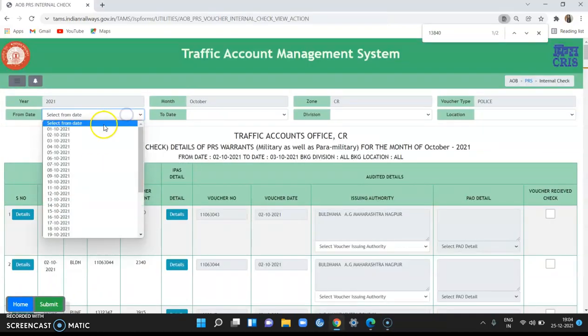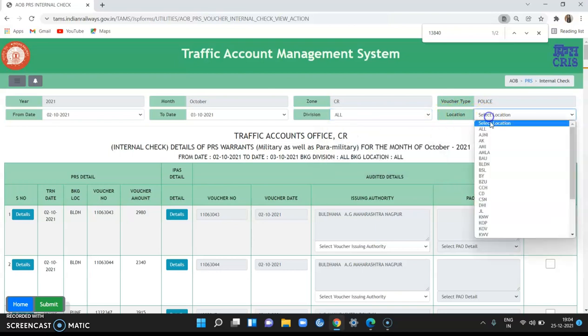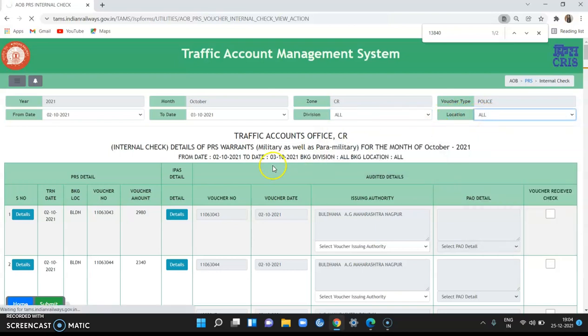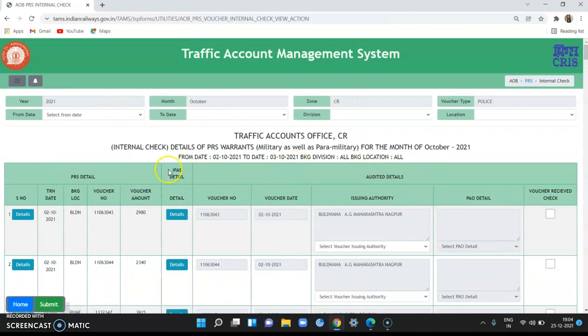Then select from to date. Division all. Location all. You will be able to see PRS detail and IPAS detail for voucher ready for internal check. In previous video, I shown reconciliation of police voucher number 1384.